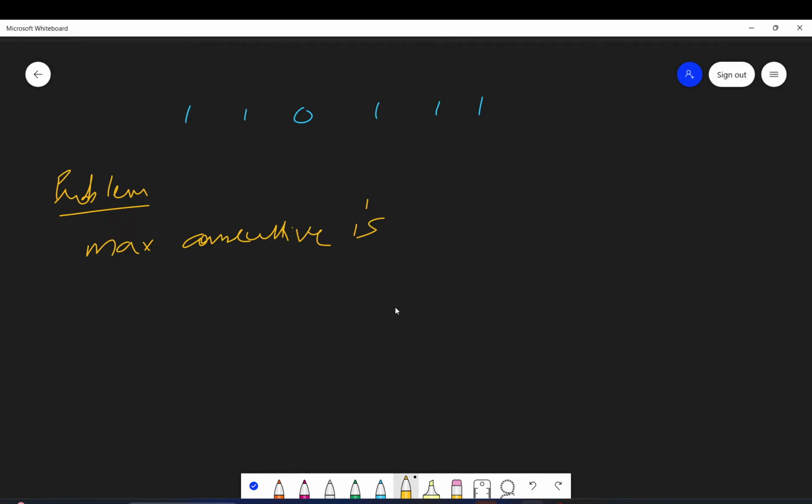Now, if I say that these ones are together, it means that here the sum is, if I add these 3, 3, right? Here the sum is 2. Okay. This is one.